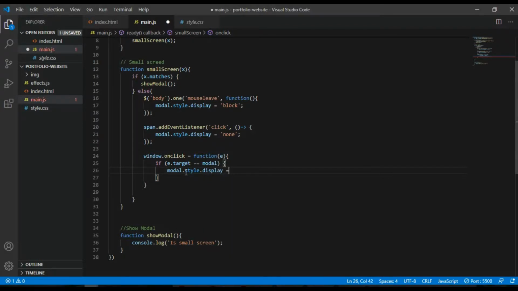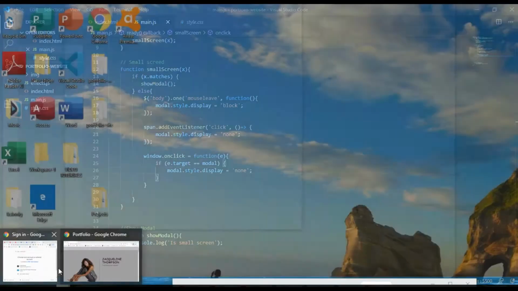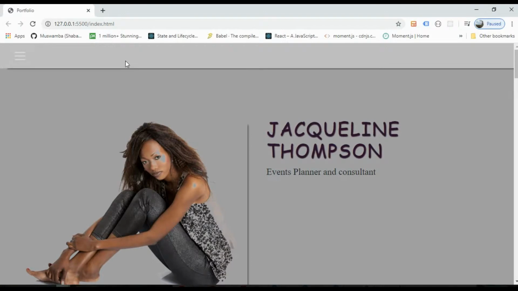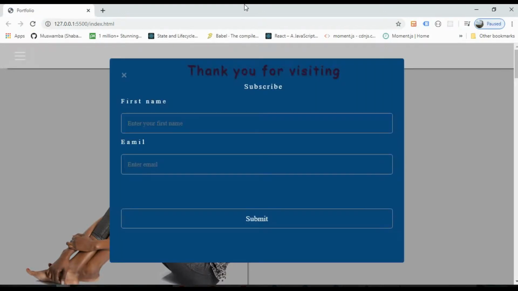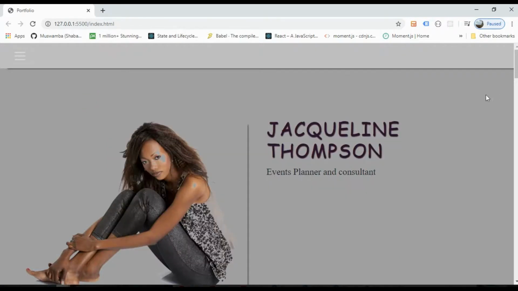It means that if the modal is displayed and the user clicks anywhere in the window, we're just going to close the modal. All right, so if I save this back in the browser and reload, the modal appears. If I click anywhere in the window here, we close the modal. All right, so this is working.